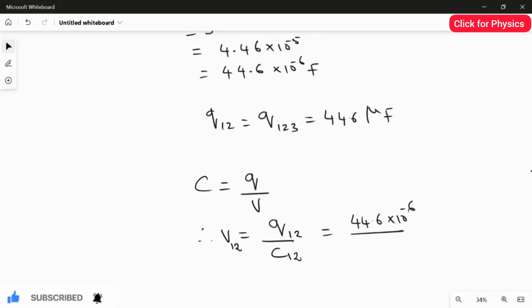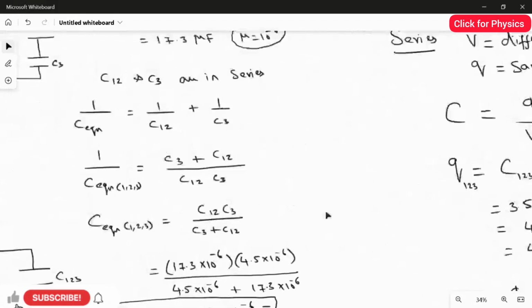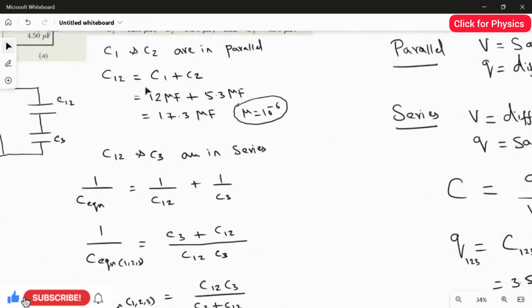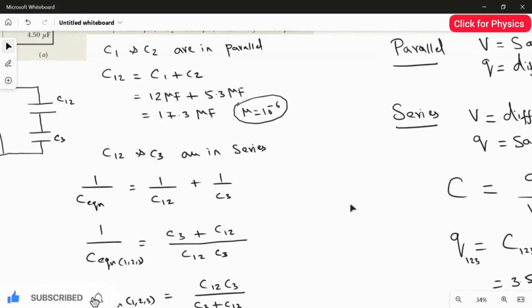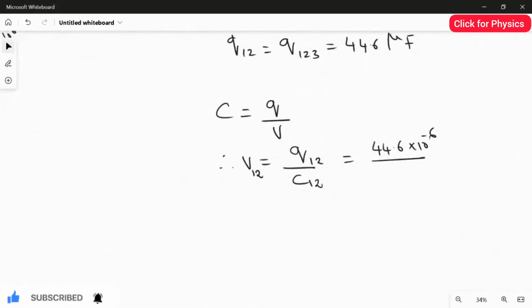And what is the value of C12? You can go back to the previous part, where we already calculated C12. What is the value of C12 here? 17.3, right? So I take that value and substitute it here. C12 value is 17.3 micro, so 17.3 times 10 to the power of minus 6. So it will get cancelled. When you calculate this, you will get the answer as